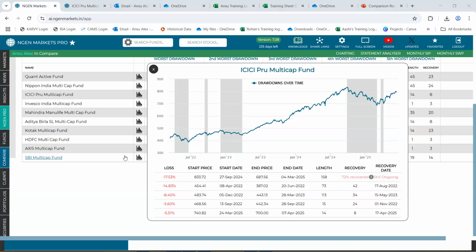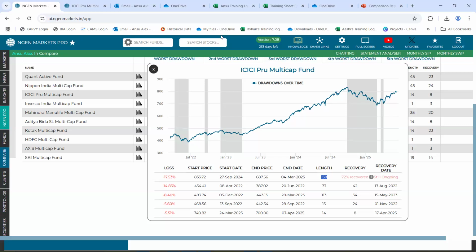For example, between 27 September 2024 to 4th March 2025, 158 days. I'm pretty sure it's working days. And that is the worst start to end date period, checking every single 2-day combination across this entire period. That is the worst one.